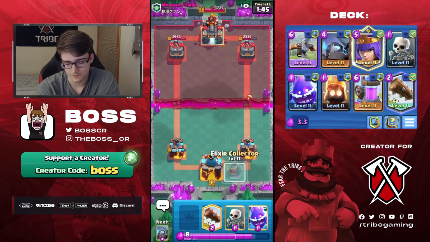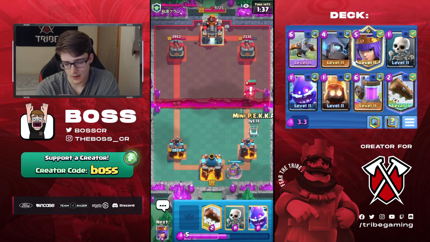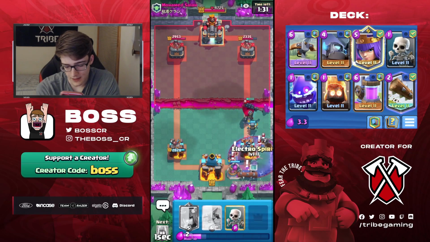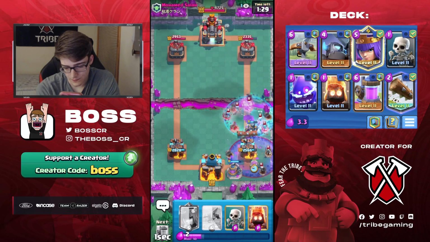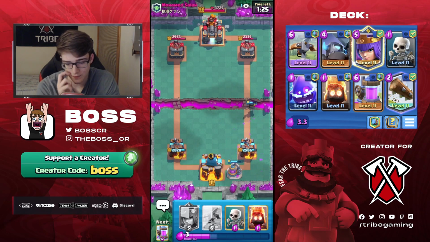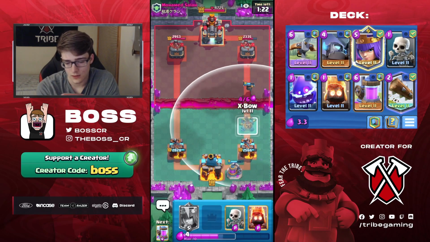Fire Spirit here. I'm going to go Collector. And if he goes Graveyard here... Okay, yeah. I don't even know if that was a good play, actually. I was ready for that, and I don't think it was good because... Yeah, and that activation was really aggressive. I think we could probably just go...